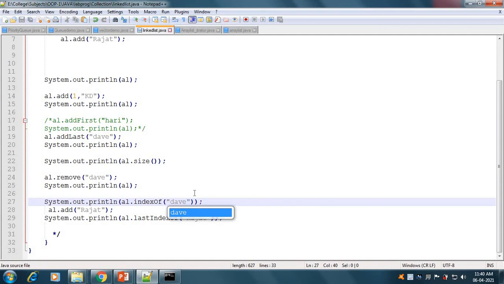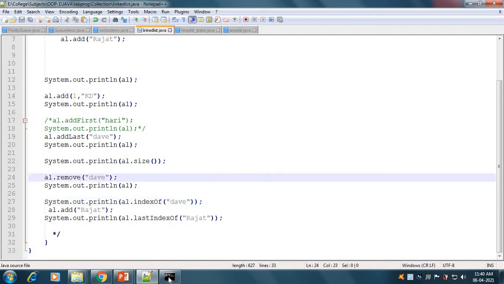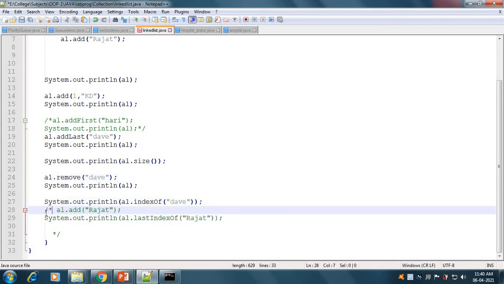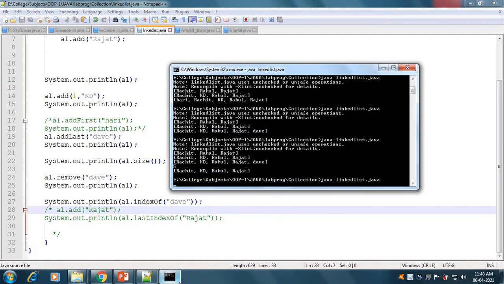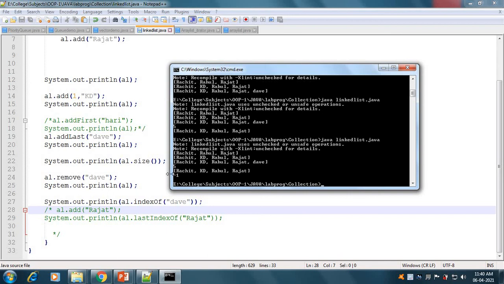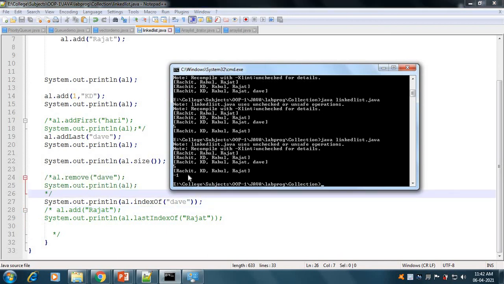So here it is returning -1 because Dave is not available in my linked list. If I add Dave into my linked list again and check the index of Dave, then it will return the index of Dave.